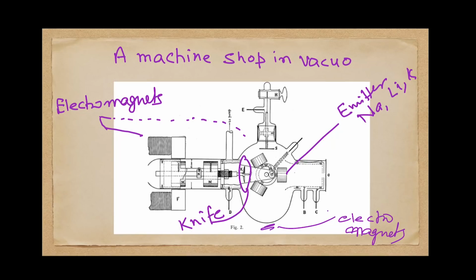Now, how to rotate this wheel to bring the other cylinder into this position? For that he has magnetic coupling. He has current carrying magnetic coils on the outside of this vacuum tube. Remember, everything that I am showing is inside a very good vacuum, and all this rotation has to be done inside that tube, but controlled from outside. So from outside he produces magnetic fields which he controls, and inside he also has the corresponding electromagnets or circuits, and using that interaction he is able to rotate the wheel and bring the appropriate emitter